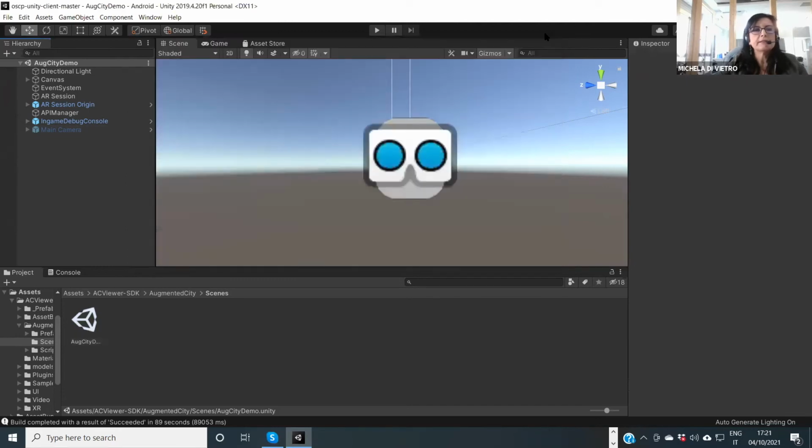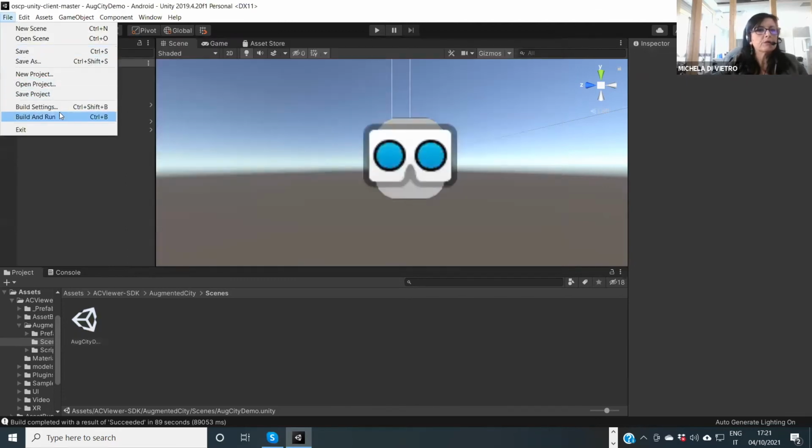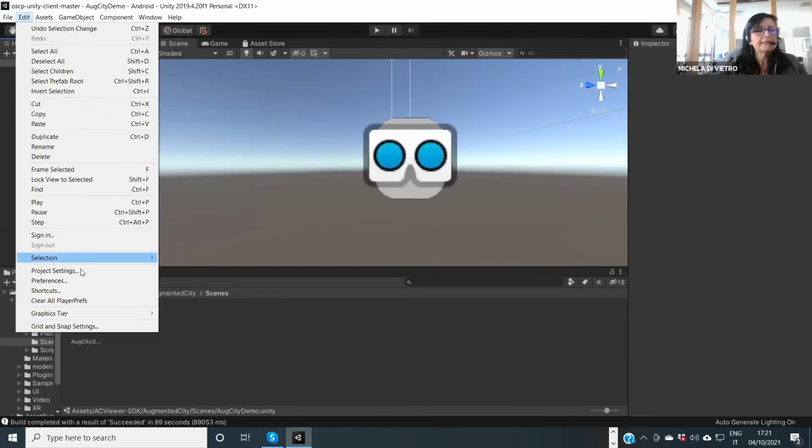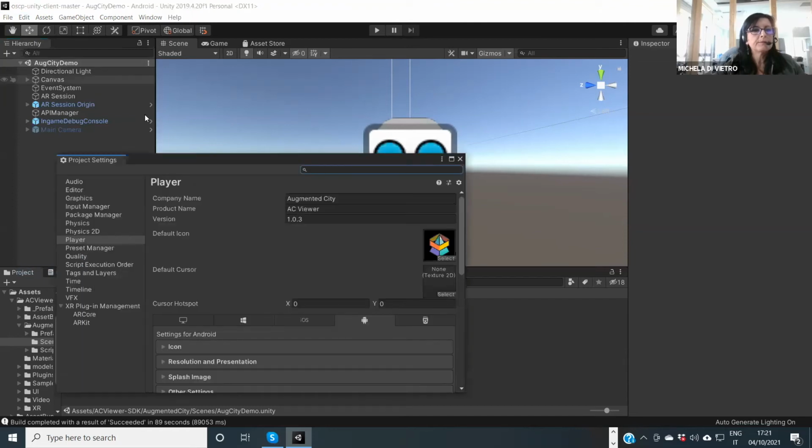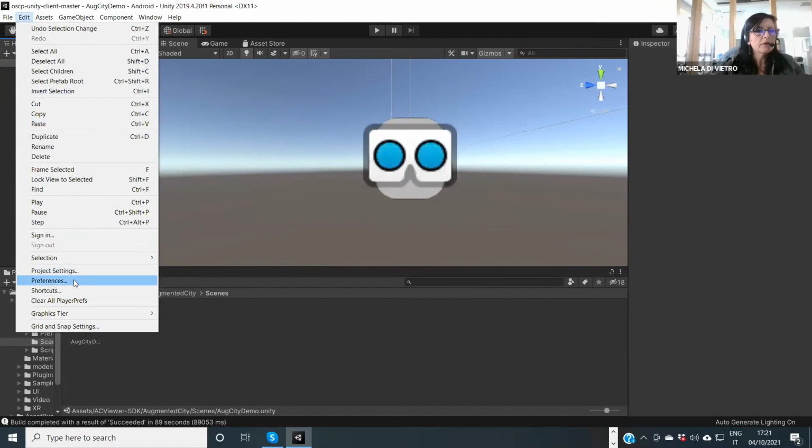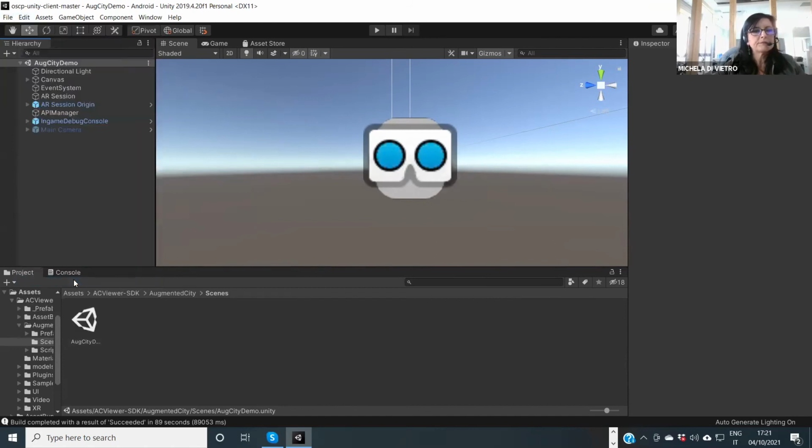And check this, for example, in case you want to build for Android, you also have to check here in Preferences.